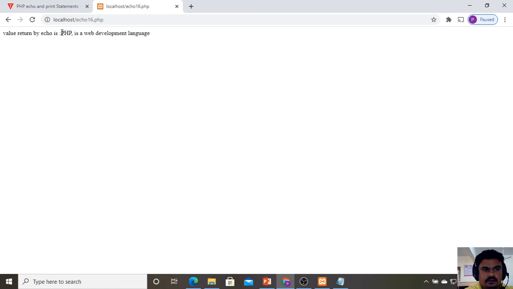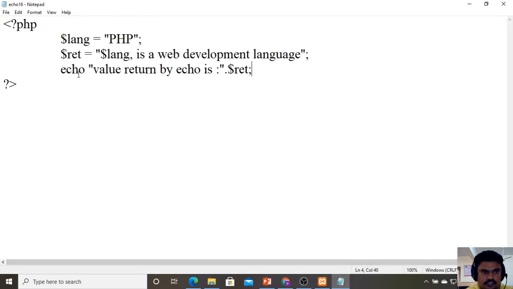So it is just printing the statement. It is not returning value actually. Okay, it is not returning any value. It is just displaying the value being assigned to it. Okay, if I do use that with a print, I am not going to change. I am just going to change it as print. If I am going to just change it as a print, okay, let us check what will be the output.